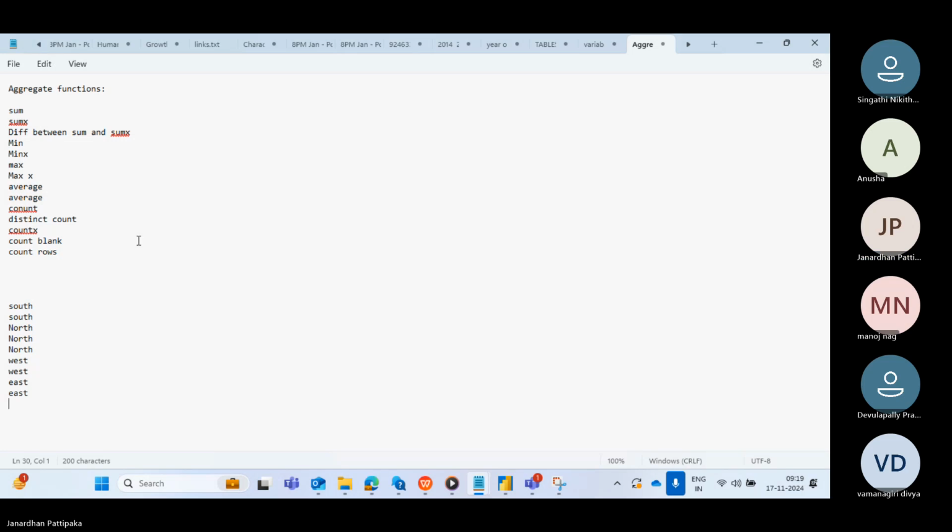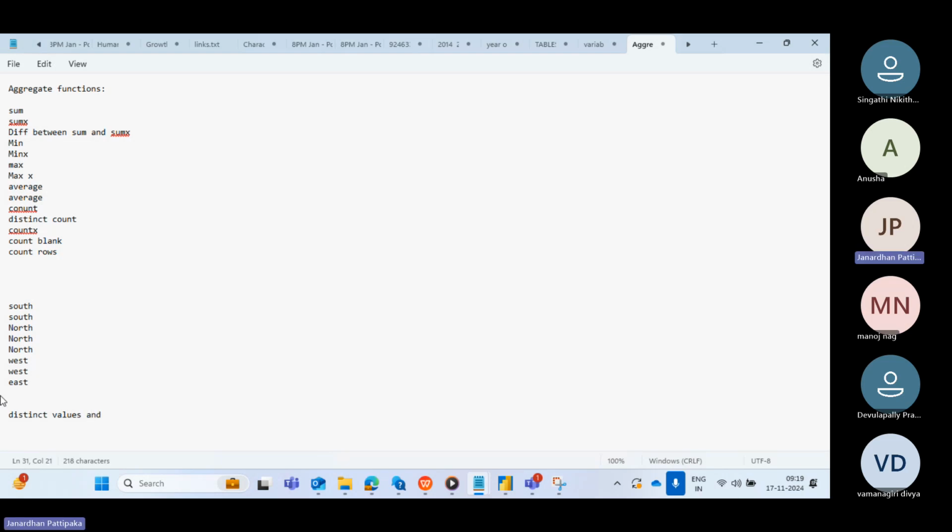Okay, east, west, north, south. Yeah, four directions are completed. Now instead of giving this east many times, I am writing it only once. Now I am asking you how many distinct values are there